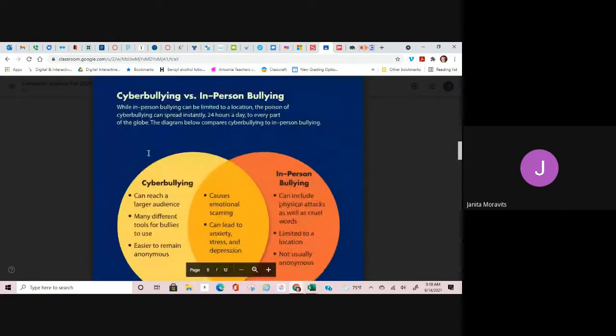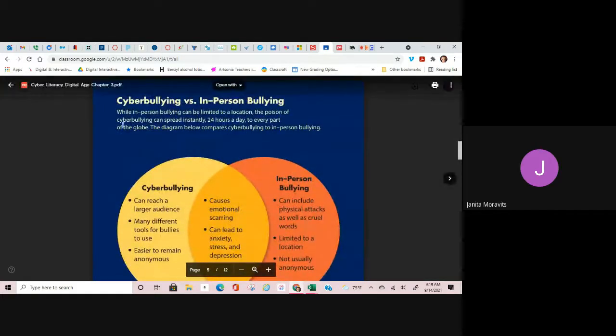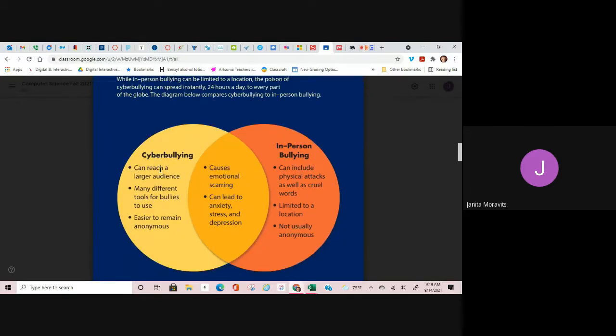This particular chart right here, the cyberbullying versus in-person bullying. I want you to make sure that you either write down this chart, take a snip of this chart, or take a screenshot of this chart. But I want this in your notes. If you're not sure how to put it in your notes, you can just take the picture of it, take the snip, and you can upload the picture if you want to, or you can paste the picture into your notes. But I want you to have this information because this is important. And these are things that we're probably going to use for some kinds of discussion questions.